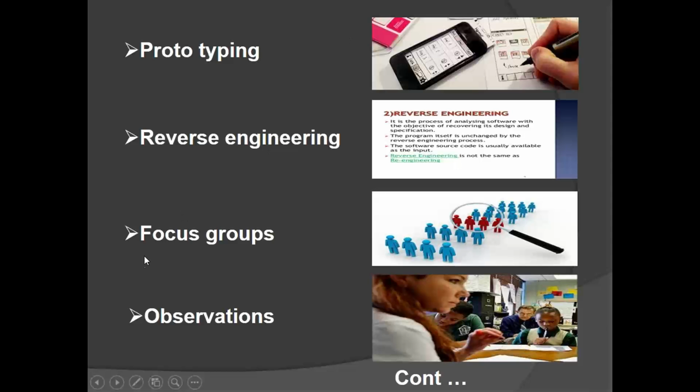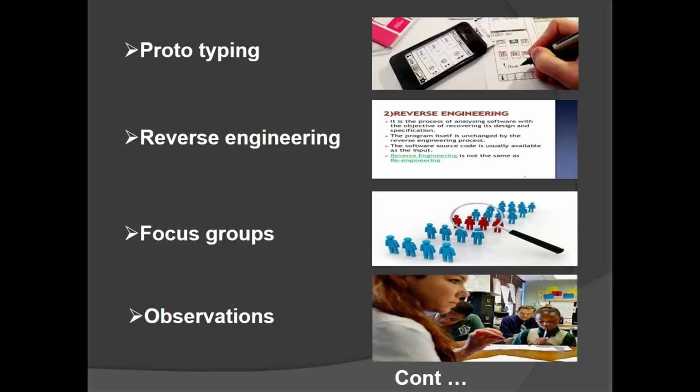Okay. Then the next one is focus groups. Another requirement gathering technique is focus groups. The main objective of focus groups is to identify exactly what the user requires before designing the user interface. So for that purpose, we are going to have these focus groups. Here also we gather the requirements in a highly interactive way, whatever requirements or attributes are required for a project.